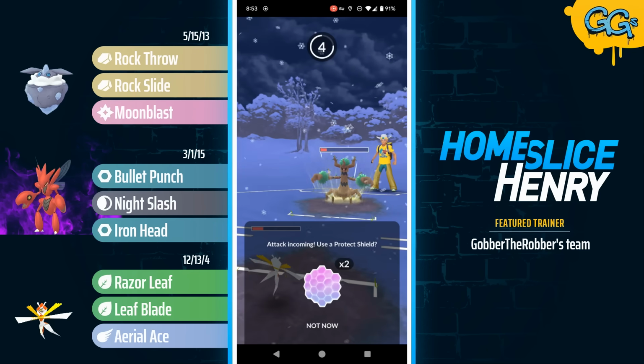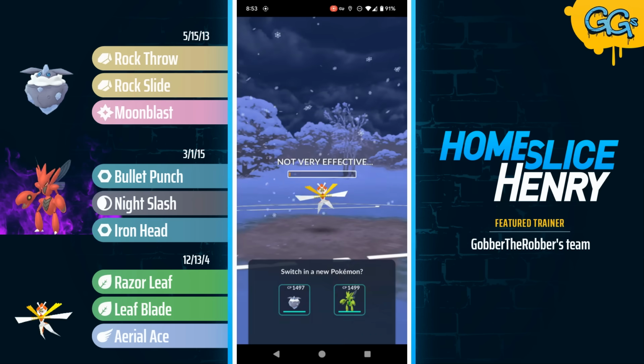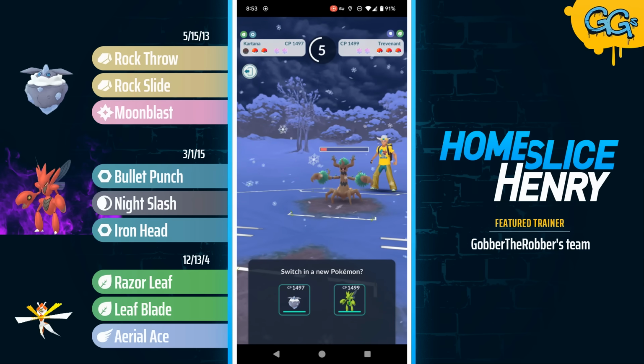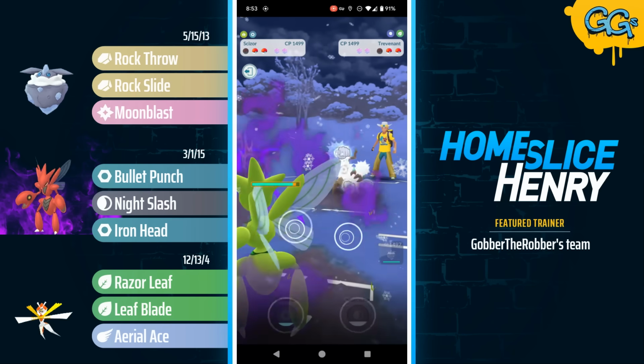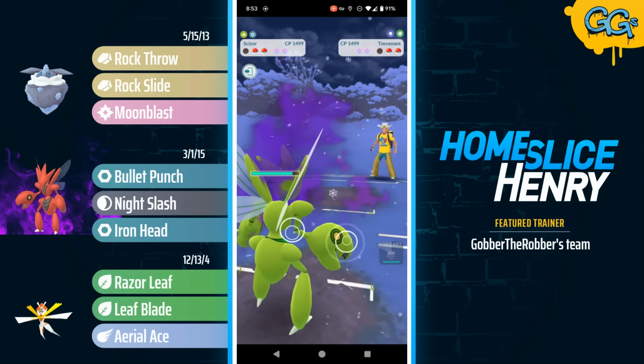Kartana is going to get a no shield from the Trevenant, but Kartana is not going to be able to flip switch, just choosing to let that through. Can send back in the Carbink, but it hasn't been long enough for the switch clock to be up, so then the opponent would just get free farm with the Steelix, so instead just going to send in the Shadow